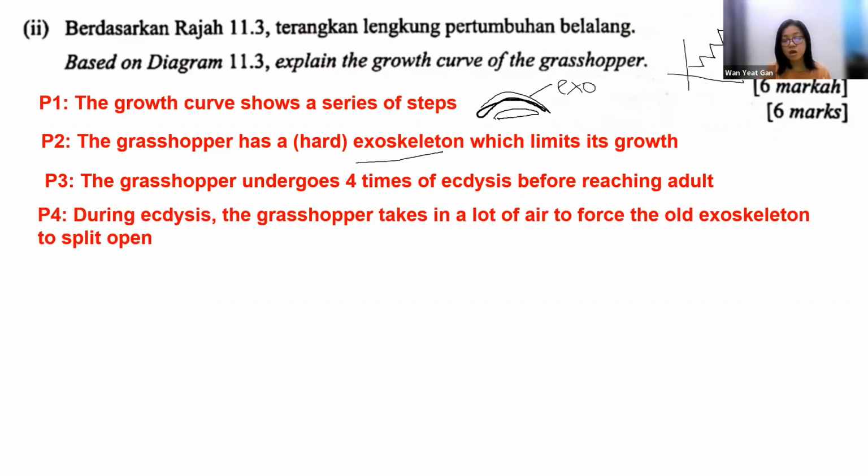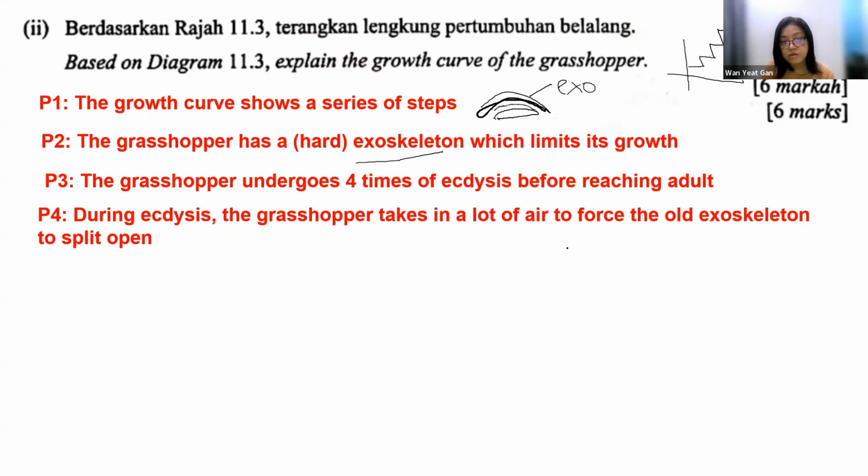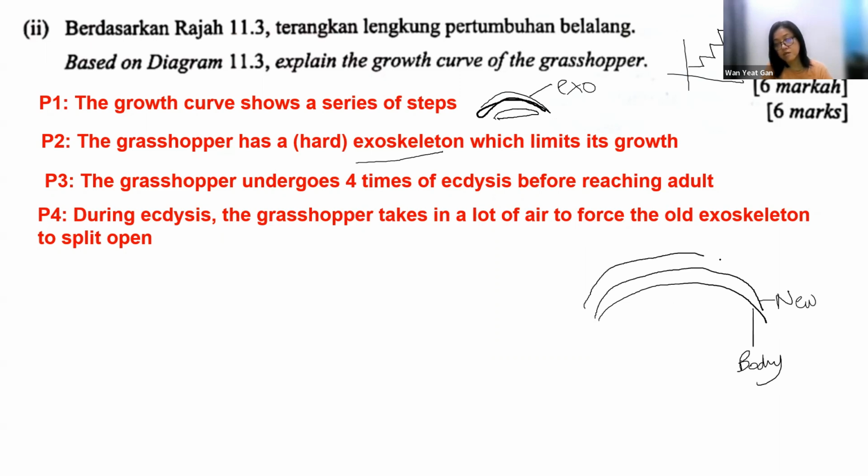The grasshopper will take in a lot of air to force the old exoskeleton to split open. So here, what happens is a new exoskeleton will be formed first, just below the old exoskeleton. So let's say this is the body. This is the new exoskeleton. It's the body of the insect. This is new. And then the old one is found outside. So when the new has been made,